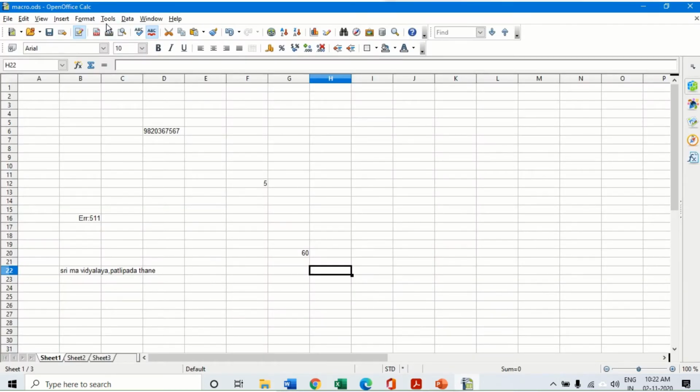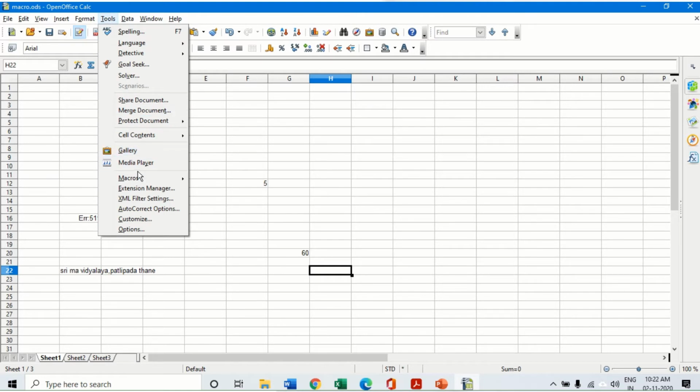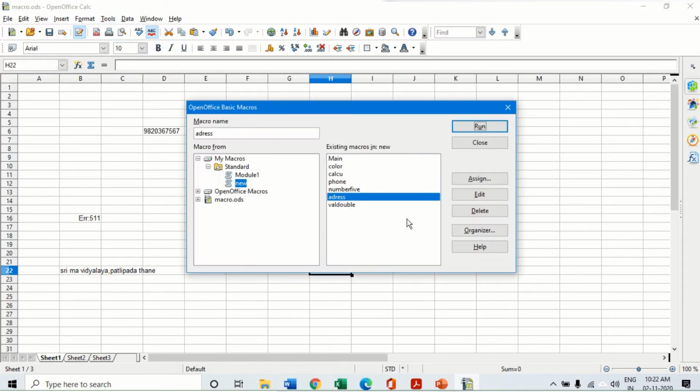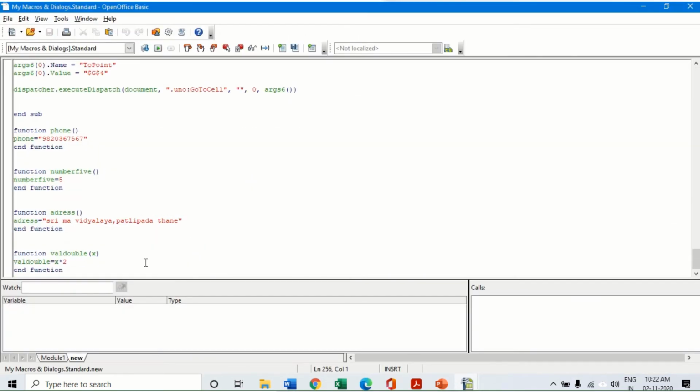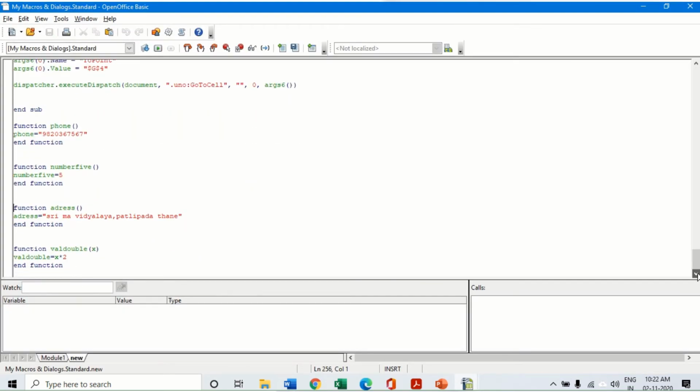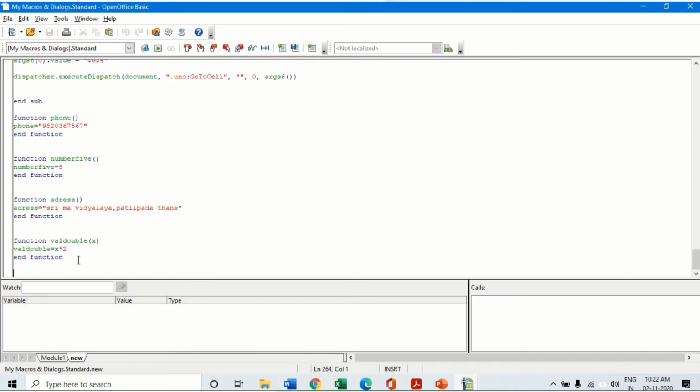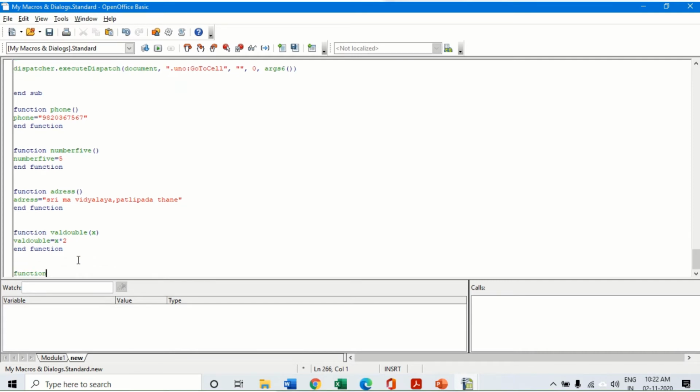So here again, go to Tools, Macro, Organize Macro. Here again, go to Edit. Now the name of the function is function test max, and we are going to pass two values x and y.